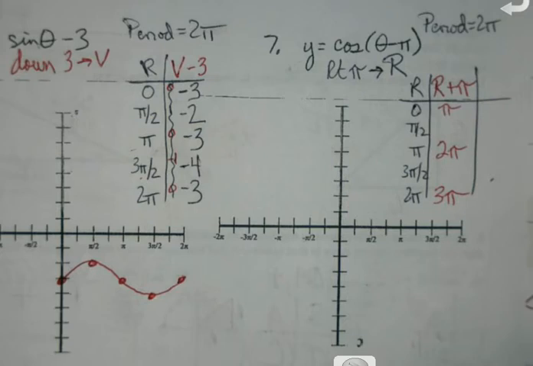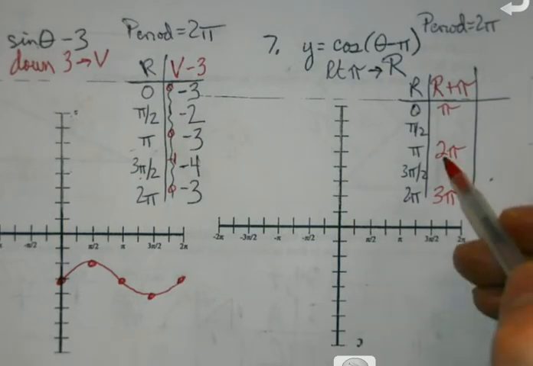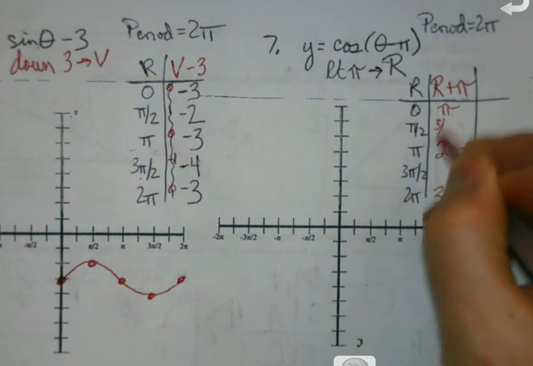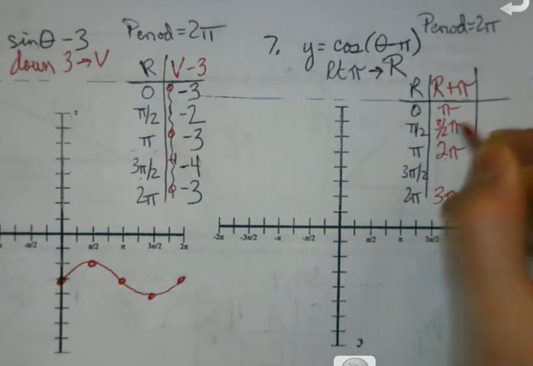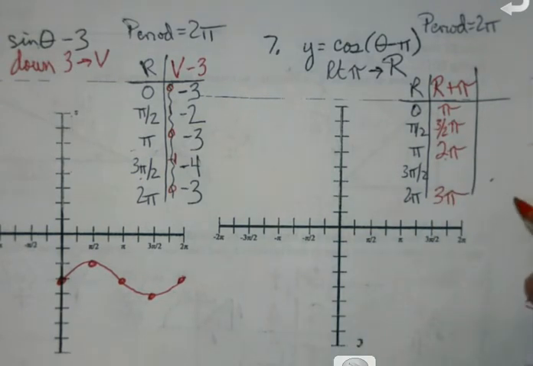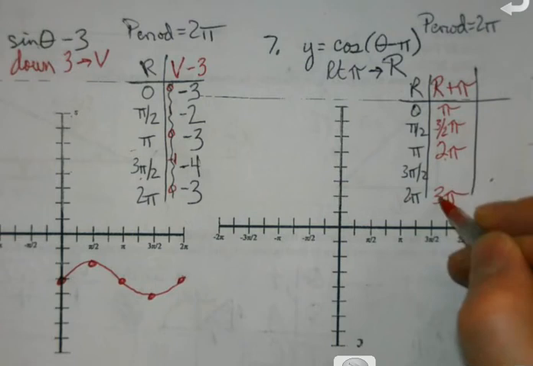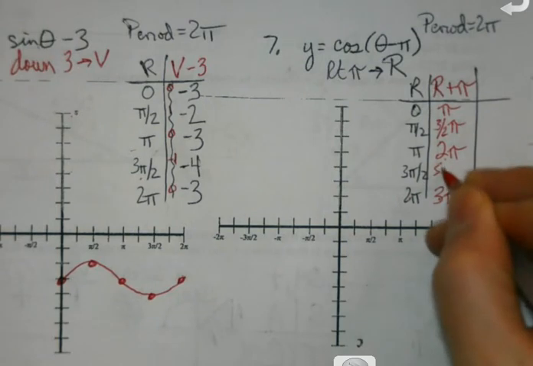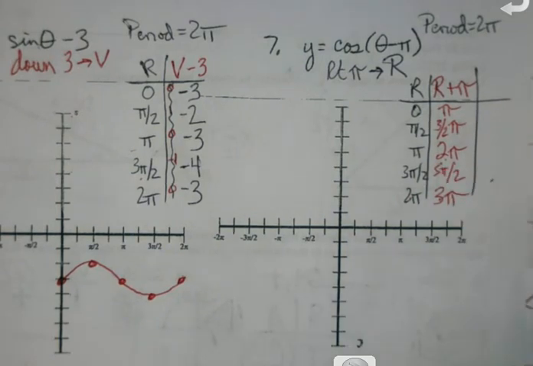Now, some of you may be able to look at this and go, well, between 1 pi and 2 pi, it'd be 1.5 pi, which would be 3 pi over 2. And in between 2 and 3, well, that'd be 2.5. That'd be 5 halves, or 5 pi over 2. But if that part doesn't work for you,